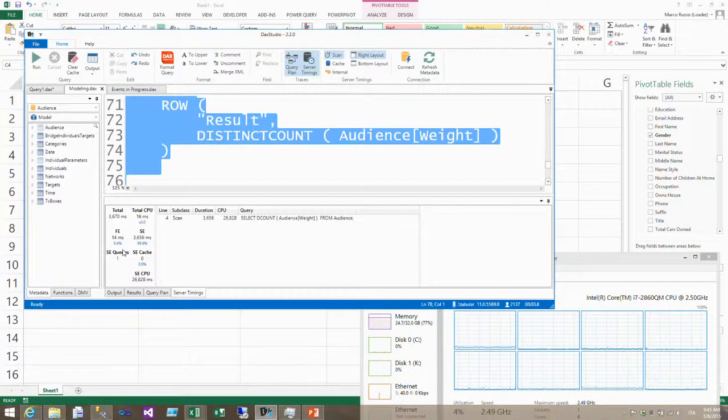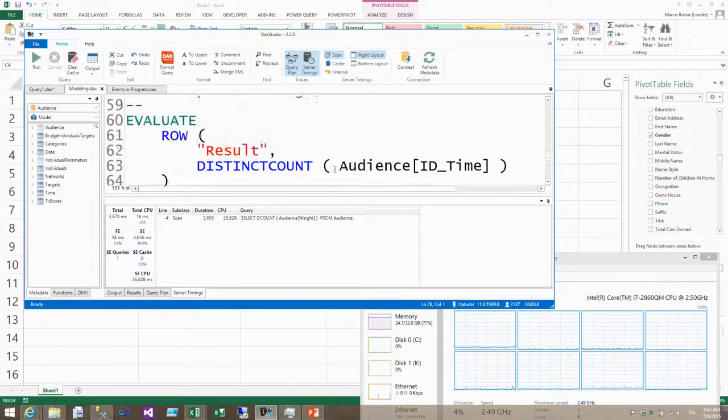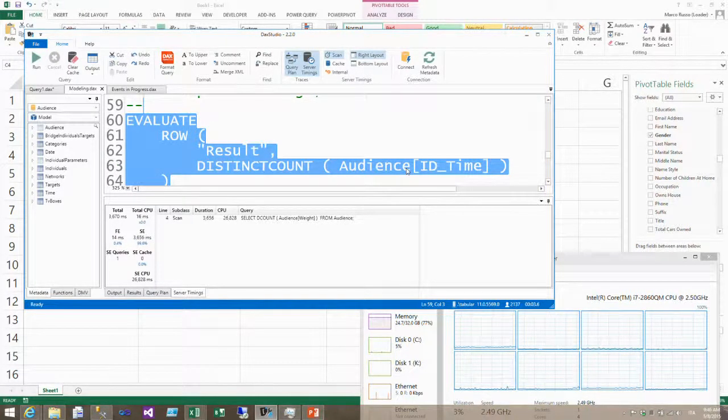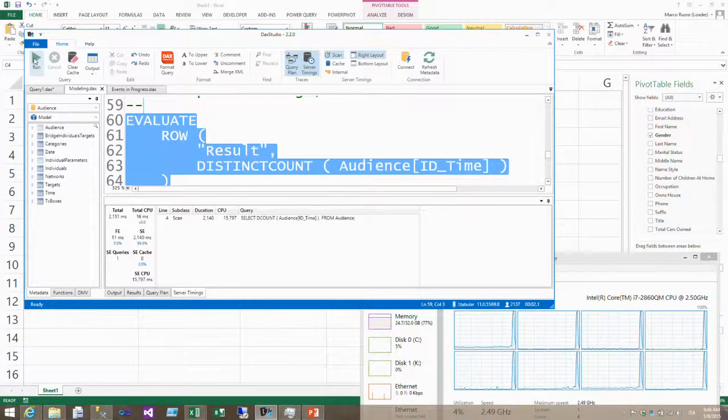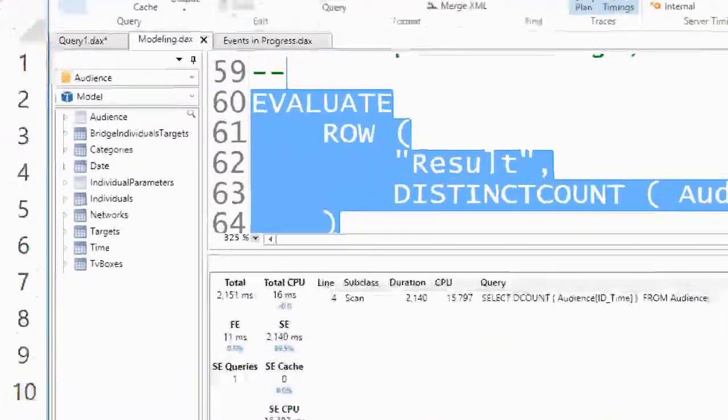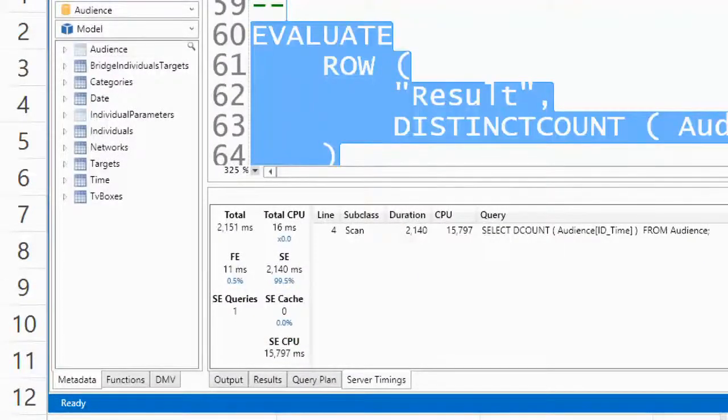Long story. But I want to show you that if I do the same on another column, for example, look at ID time. We have seen weight, which was a column that has a particular number of unique values. If I repeat my operation here, the table audience has always 4 billion rows. So technically, in SQL, this will not be so different. But in this case, you see that this query ran in 2 seconds, so half of the time. Why? Because of the different number of unique values, different distribution of data.